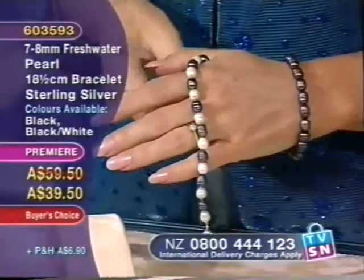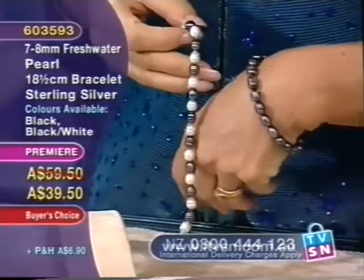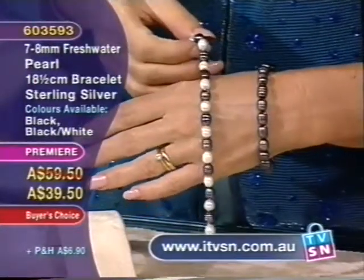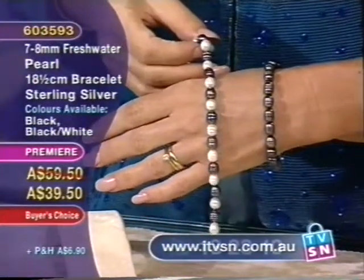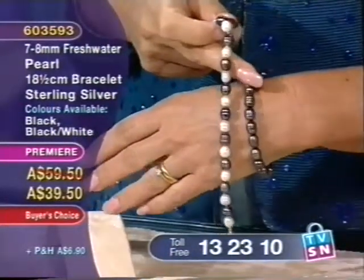Everyone, welcome to your buyer's choice for today, and it is a lovely choice of the most beautiful pearls, quite generous pearls as well, and a choice of the most fashionable colours. You've got 7 to 8 millimetres in your freshwater pearls. The bracelets are 18 centimetres in length, so you've got a really lovely luscious length in them as well. They're secured by sterling silver clasps, and they're available in the black that I couldn't resist putting on my wrist